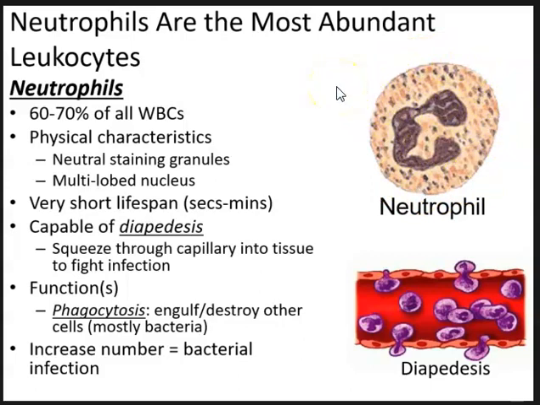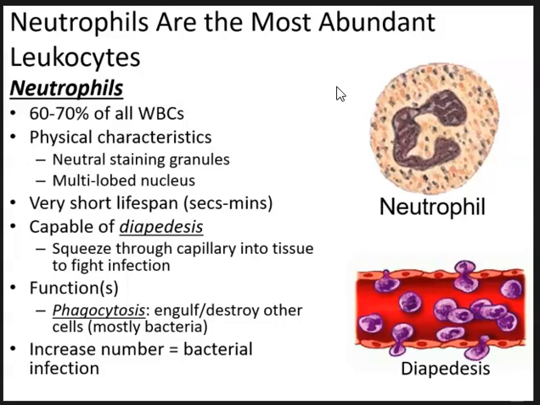Now, we talked about how within the bone marrow, white blood cell production makes up about 75%, and that's because neutrophils, for example, have a very short lifespan. Within the body, neutrophils have a half-life of about 6 hours. However, in active infection, they are the first responders and will attack a pathogen, and then also can be destroyed in the process. So they can have a lifespan lasting anywhere from seconds to minutes in the case of active